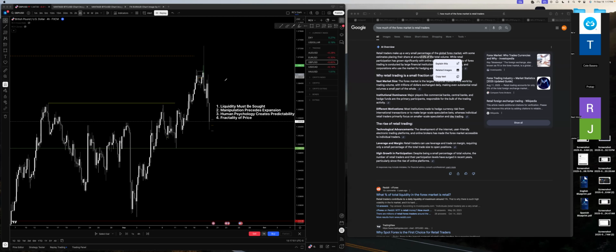Okay, OFD. No, I don't consider this OFD. The reason is that this POI, if this is what you're considering to be OFD, has to completely break. If you have the reaction here, and the reaction here, determined by the internal reaction, and any wick high is taken out, then you want to wait for that POI to break and then use the buy to sell to find that.